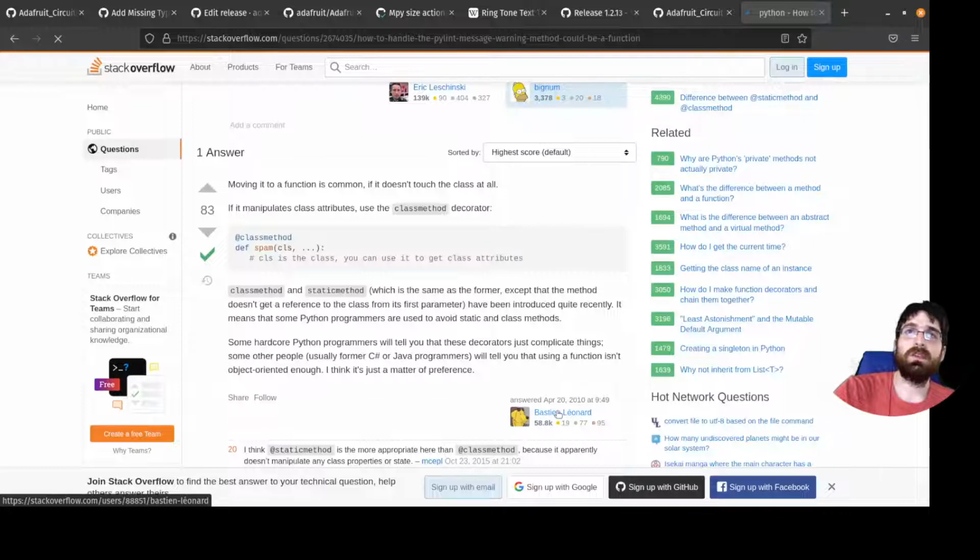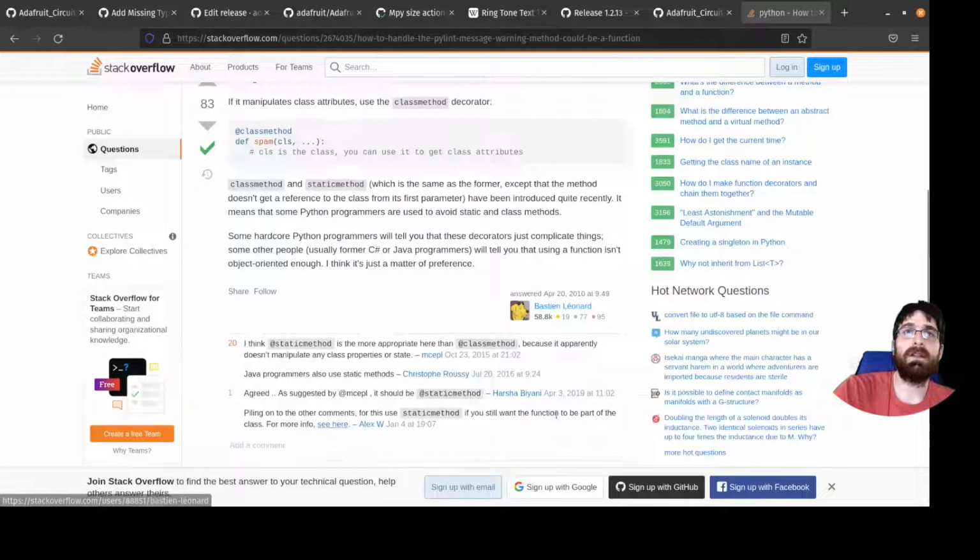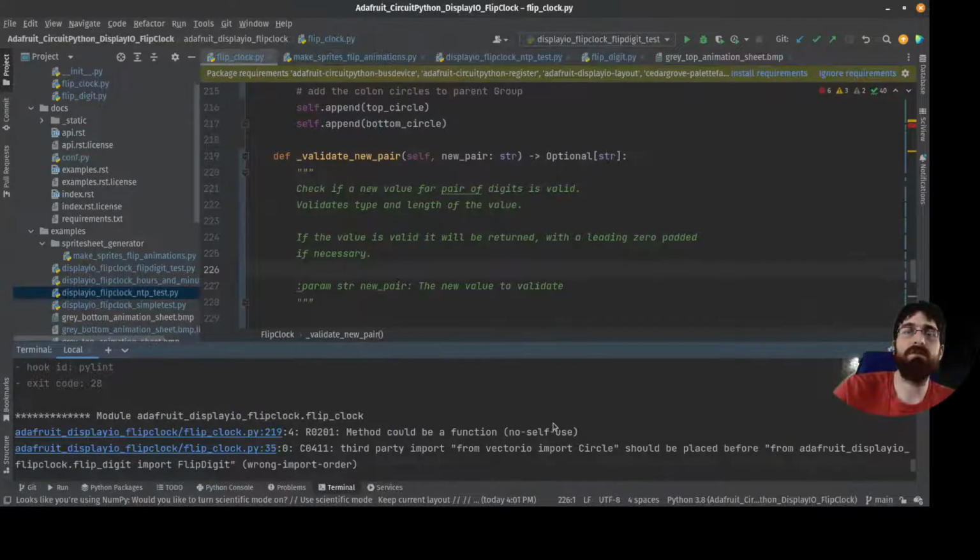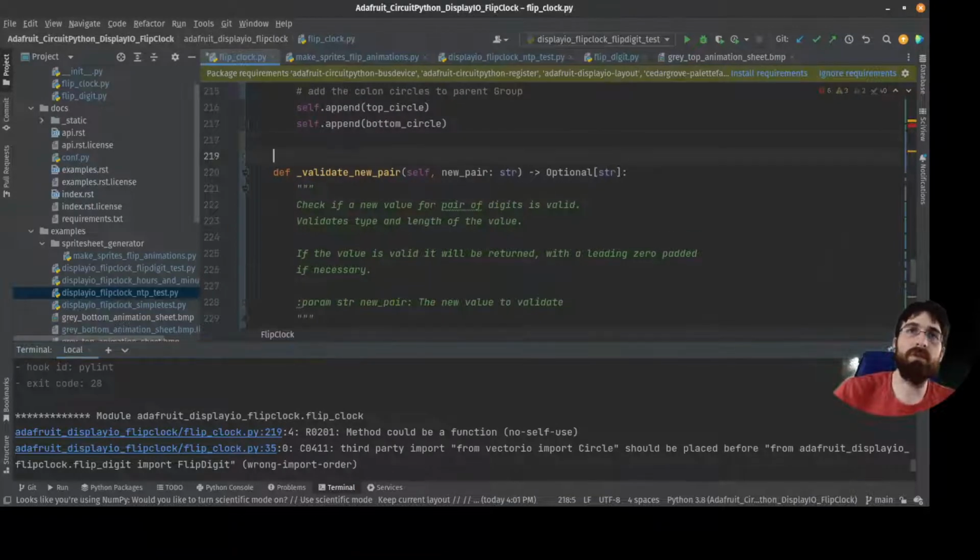We get to a function that doesn't touch the class at all. One that manipulates the class attribute is a class method, which is used to get the class attributes. Is a static method more appropriate than a class method to manipulate this? A static method might make sense for us too,